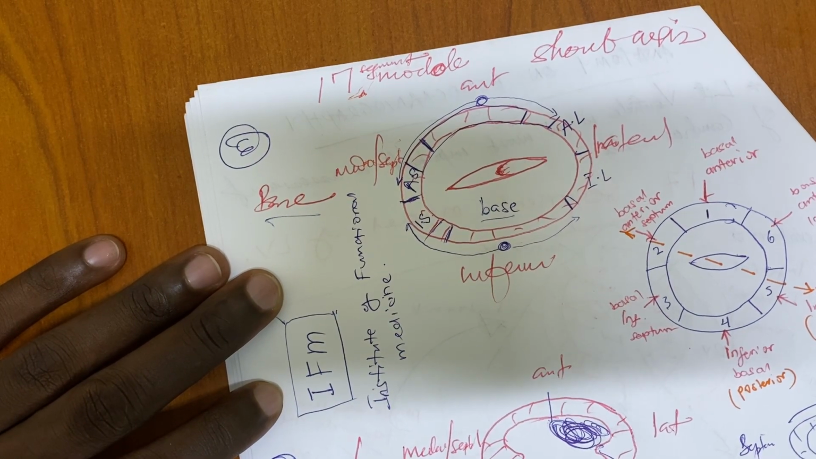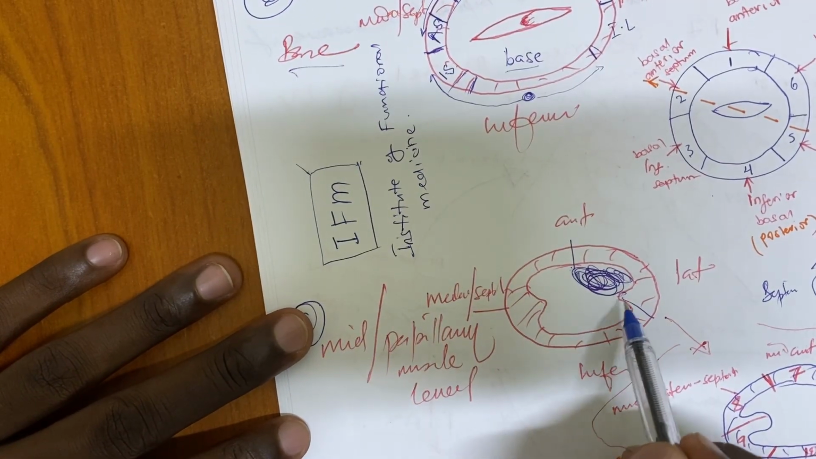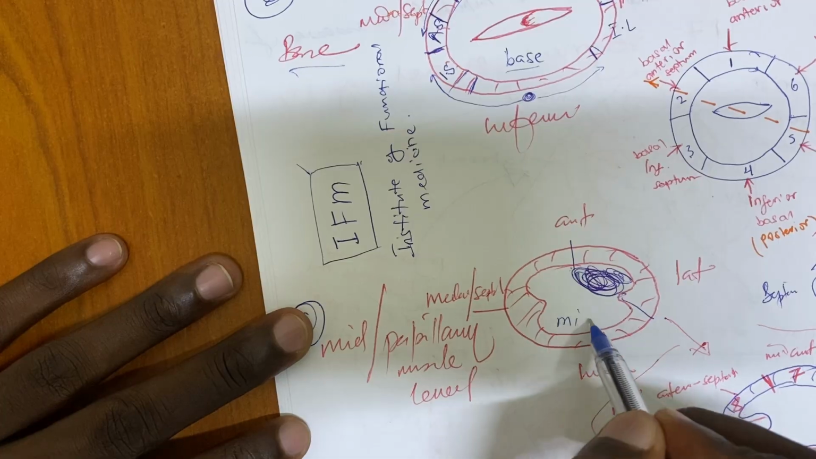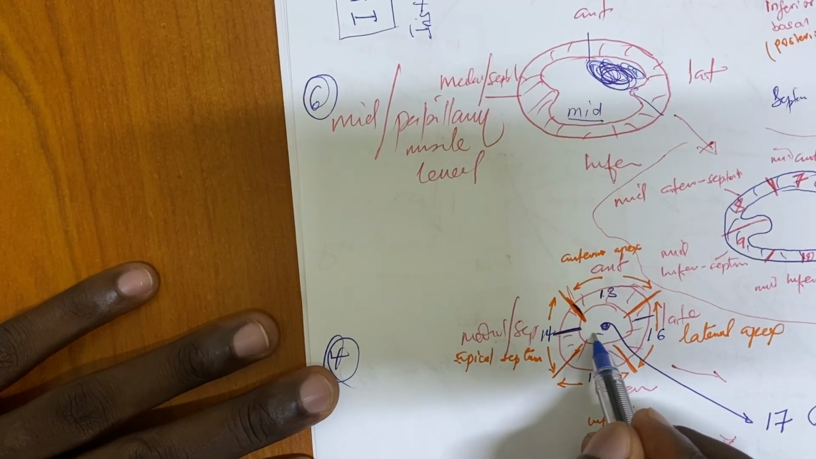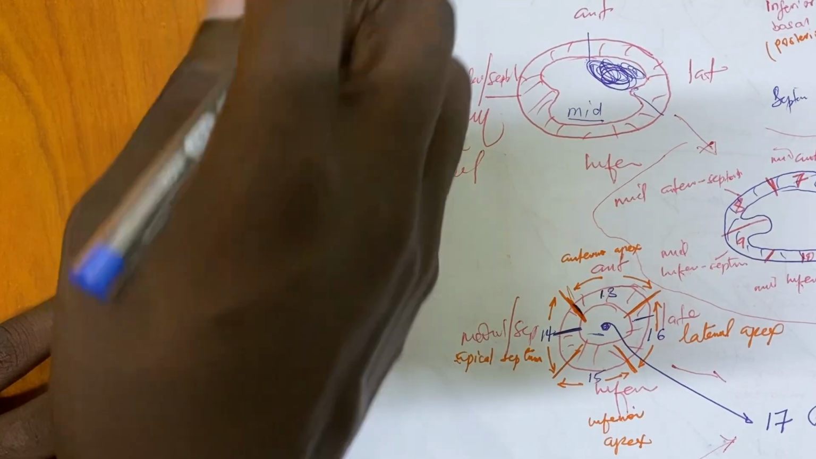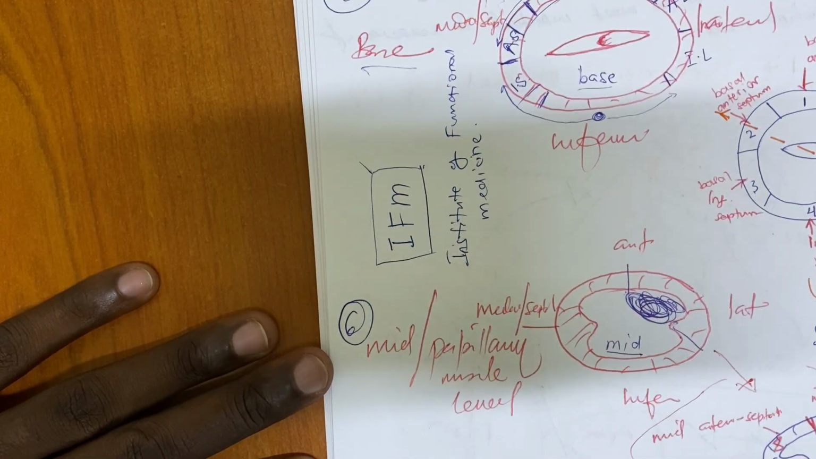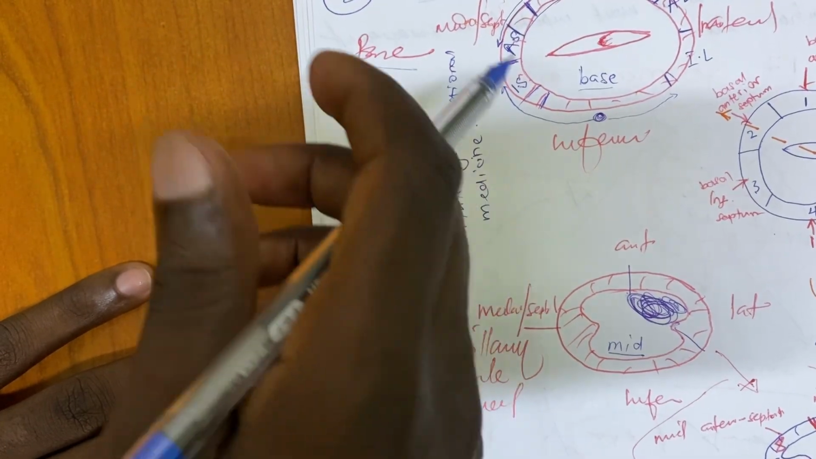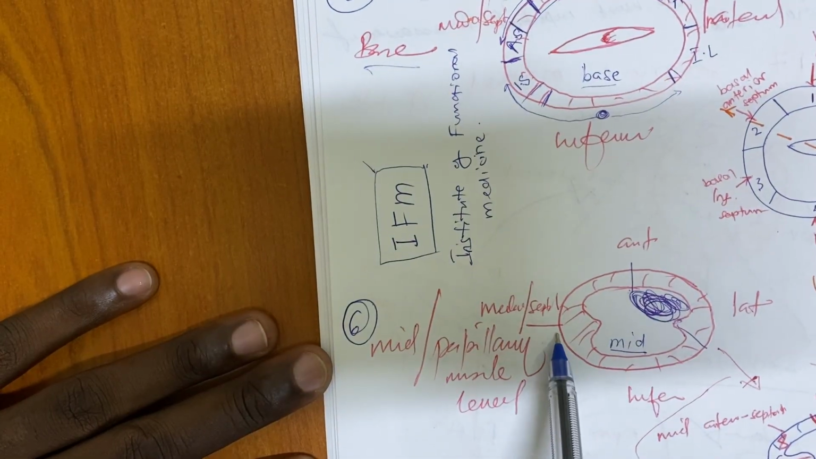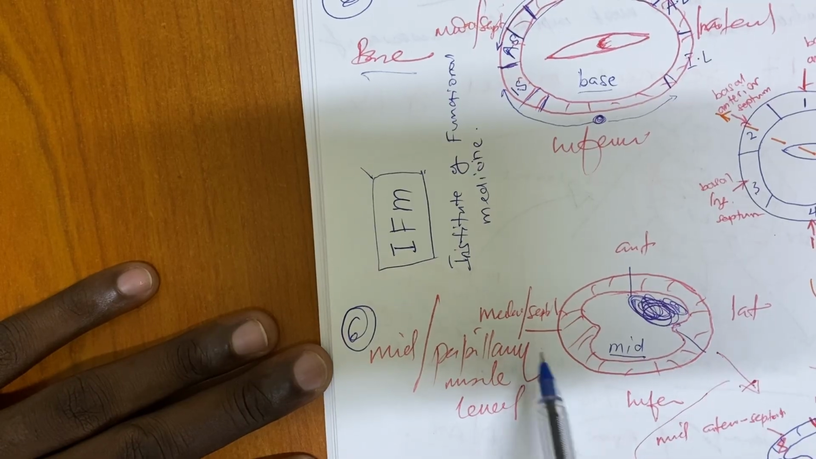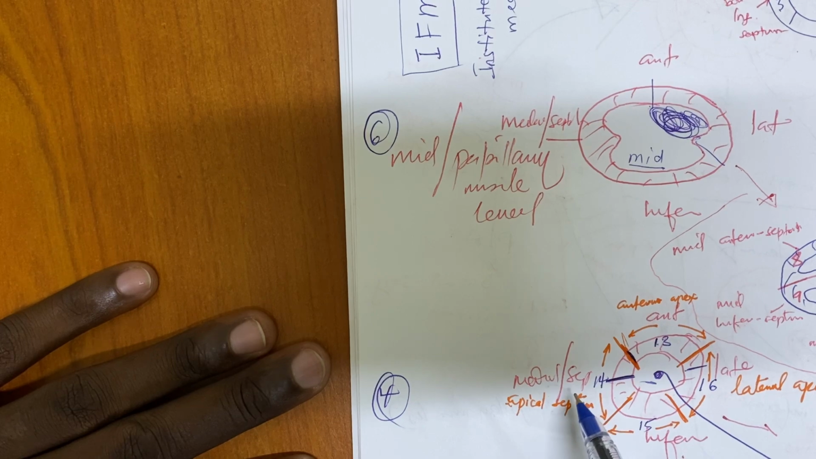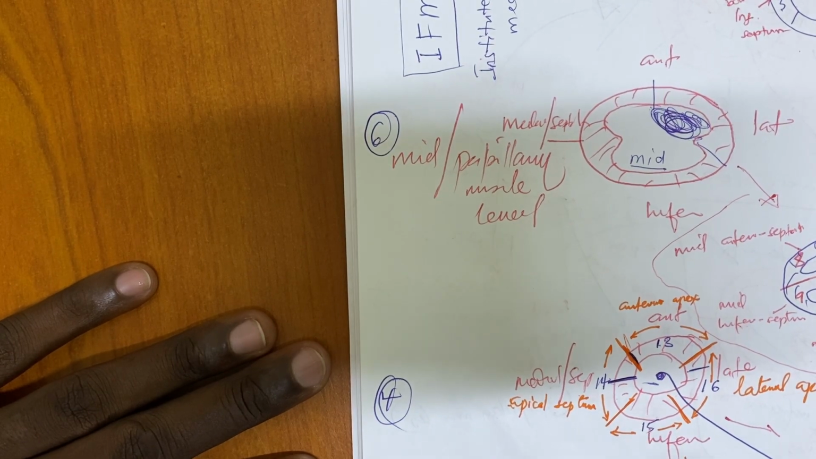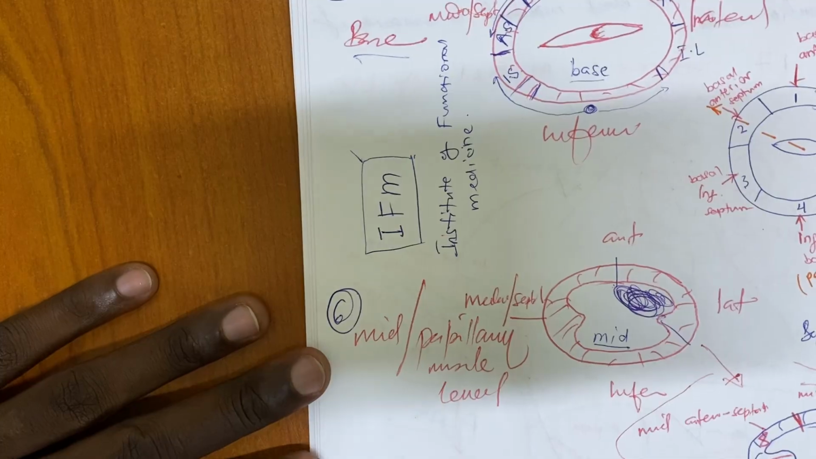Fish mouth appearance. Next is at the level of papillary muscle, that is the mid. And then at the level of the apex. All these ones we divide into anterior, inferior, medial, and lateral. Same here: anterior, inferior, lateral, mid. Same here: anterior, lateral, inferior, and mid. We divide like that. Now, to get the 17